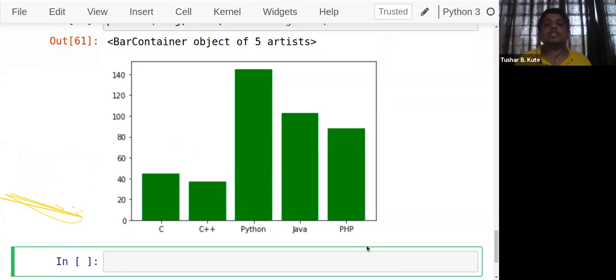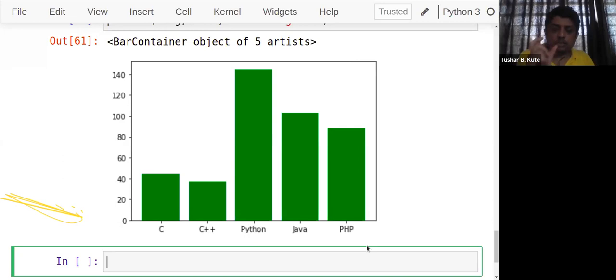So C, C++, Python, Java, PHP. So you can compare also. The highest number is there in the Python programming language, you can see, and then the others are present, PHP and all. On this particular plane also, we can use data present in any kind of format. Remember, it's not like only lists or arrays are there. I'll show that one also, how to compare it. You can see this. Okay, fine.